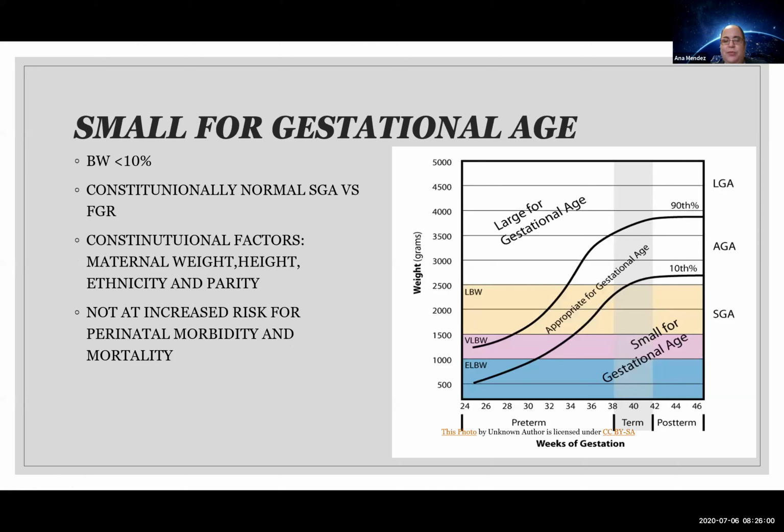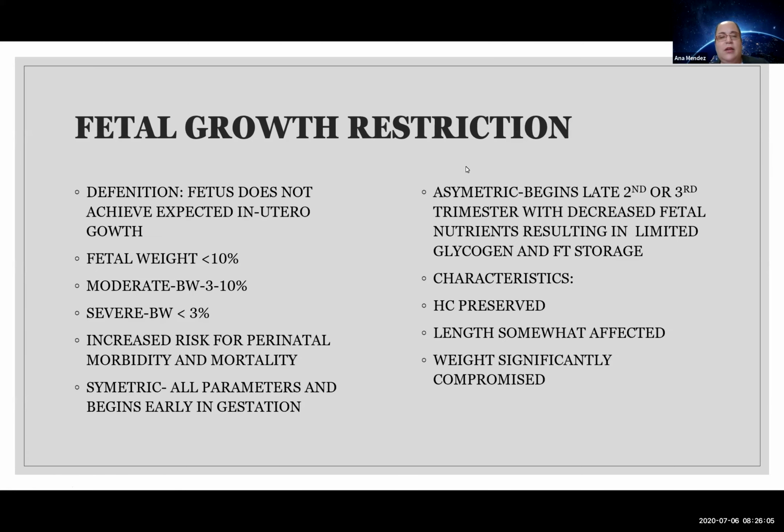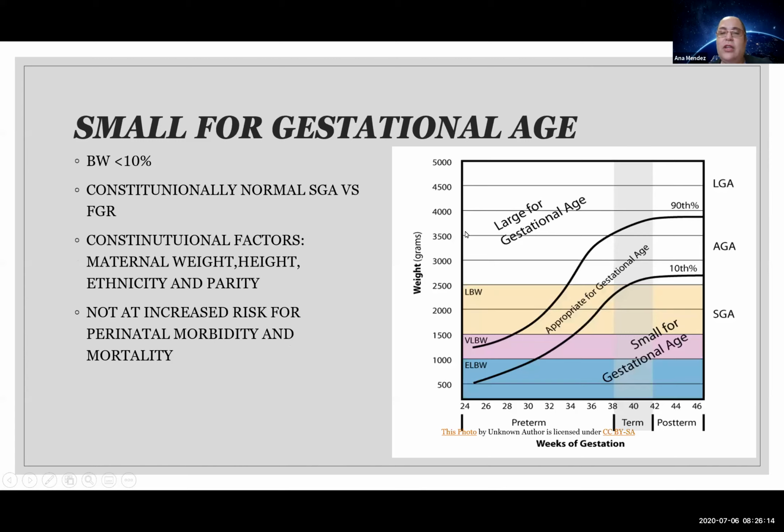So that is different from small for gestational age. You can be fetal growth restricted, symmetric and small for gestational age. You can be fetal growth restricted, asymmetric and small for gestational age. The definition for small for gestational age is just having a birth weight less than 10%. That's it. If you look at your neonatal charts in the nursery, between the 10th and 90th percentile you have appropriate for gestational age. If it's above the 90th percentile, you have large for gestational age. If you have less than the 10th percentile, you're small for gestational age. And then